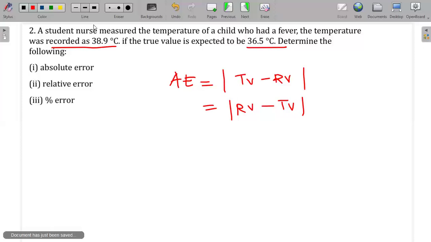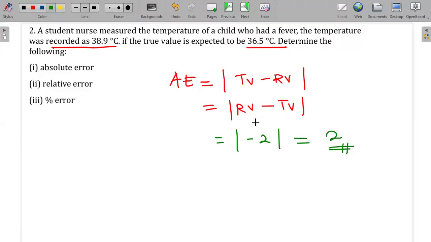It does not matter. Why doesn't it matter? Because we have these bars here. So these bars here will make anything that is inside the brackets to be what? To be positive. So if, for example, I found my absolute error to be -2, because of these bars here, this guy here will come out as what? As positive. So the bars here, what we call the absolute bars, or sometimes they call them